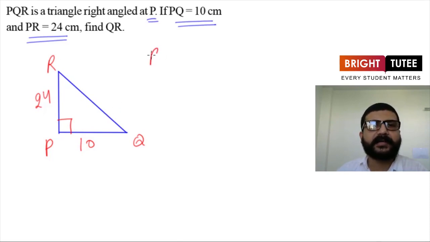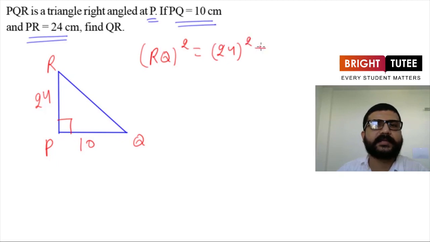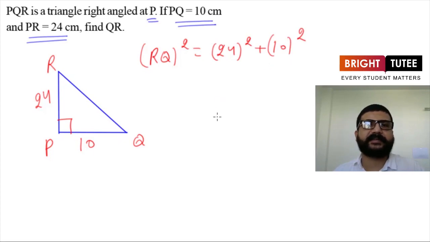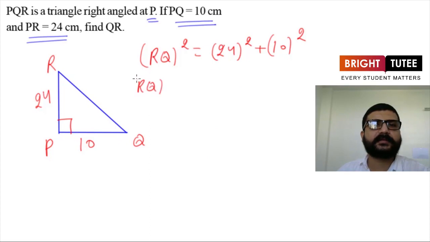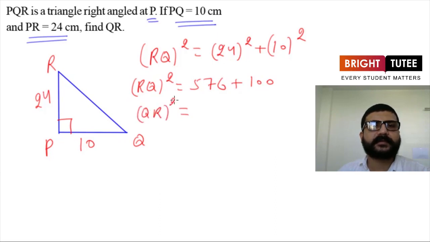So according to it, RQ square or QR square is equal to 24 square plus 10 square, that is, the sum of the squares of the other two sides. Now what is 24 square? It will be 576. So we will get RQ square is equal to 576 plus 10 square which is 100. Now this will give us RQ square, or we can write QR square also, this is equal to